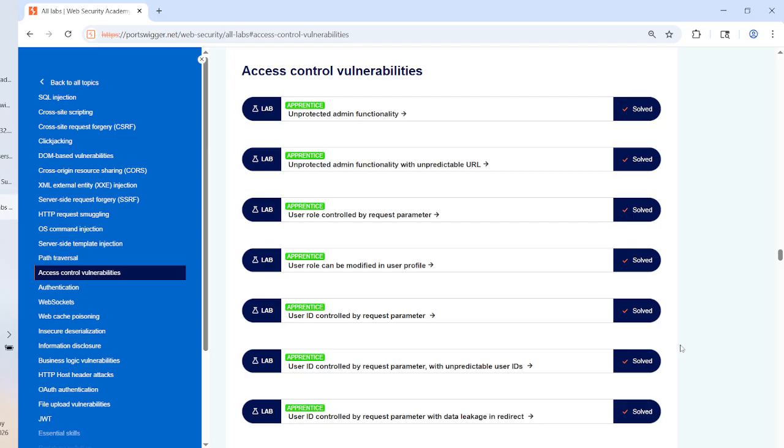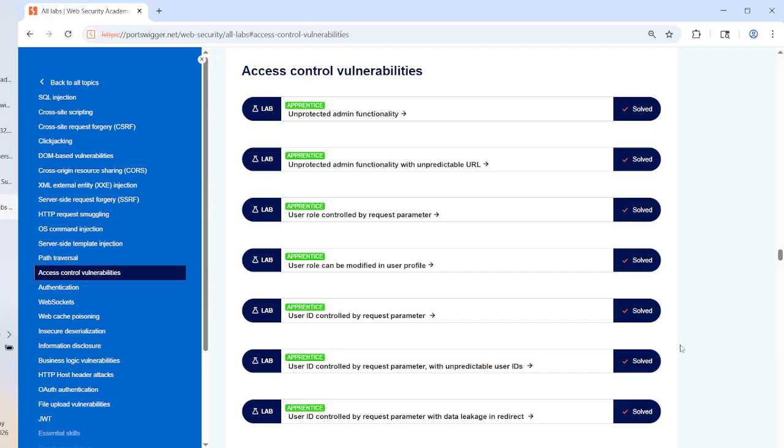Where we do pen testing, I have experienced that people, due to lack of basic concepts, are not able to find vulnerabilities. Basically they don't have the understanding of that vulnerability. There is a vulnerability present in the application, but they don't have the concepts clear, they don't have the thought process of that vulnerability, and that's why they are not able to find it in the application. So my way of solving Portswigger labs would be something different.